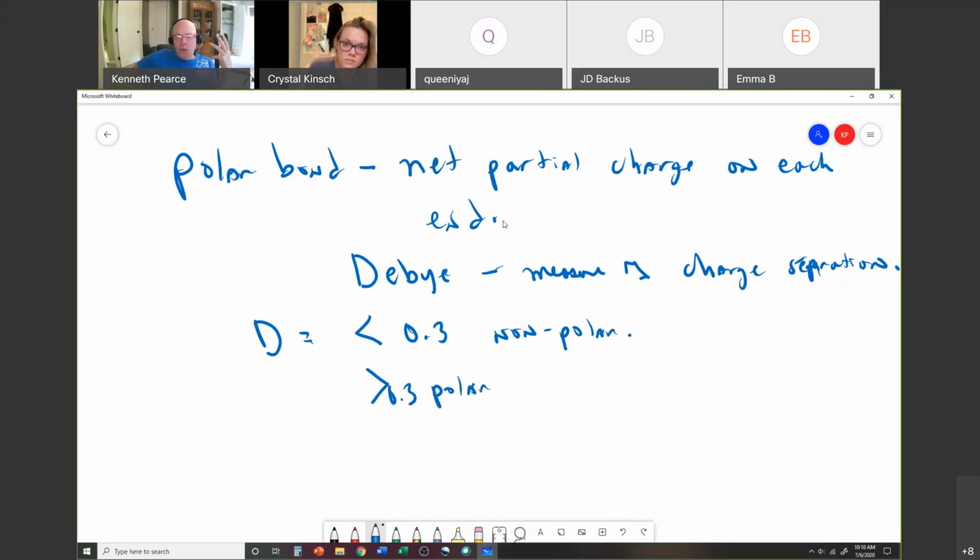If you talk to an organic chemist, they'll probably run it around 0.3. If you talk to somebody who deals with spectroscopy, which is the interaction of light with molecules, they may say it's polar around 0.1. It just depends. It's not a hard and fast number. But we're not going to worry about that except to say that it exists. You see what I'm saying? It just exists. Now, from a practical standpoint, because I like to do things from a practical standpoint,